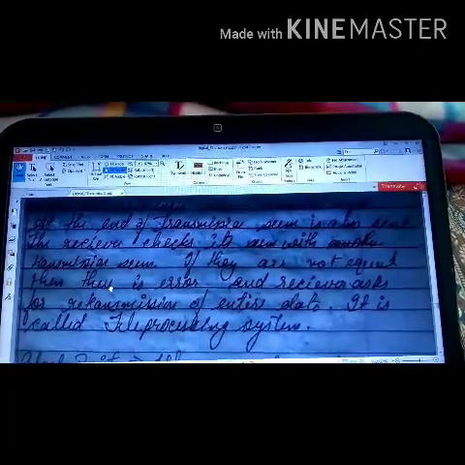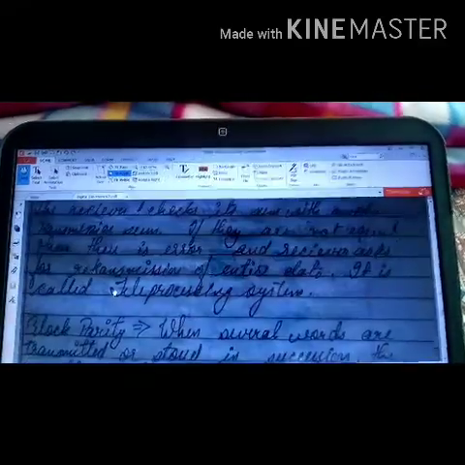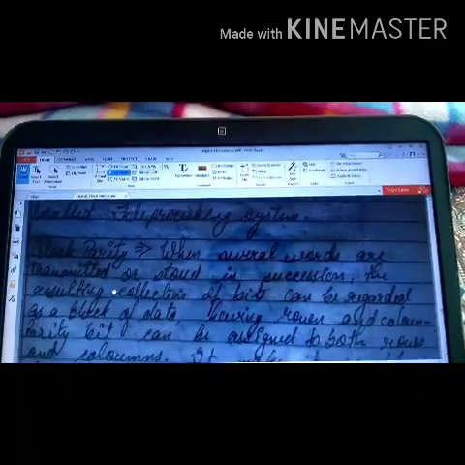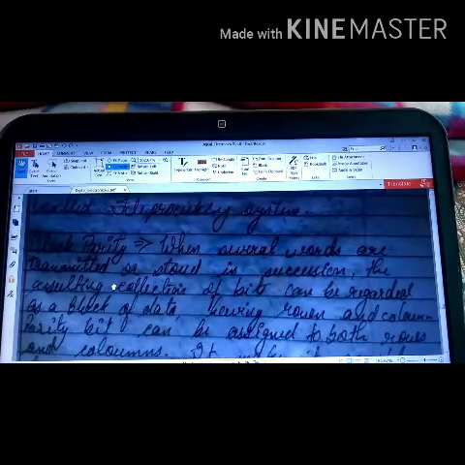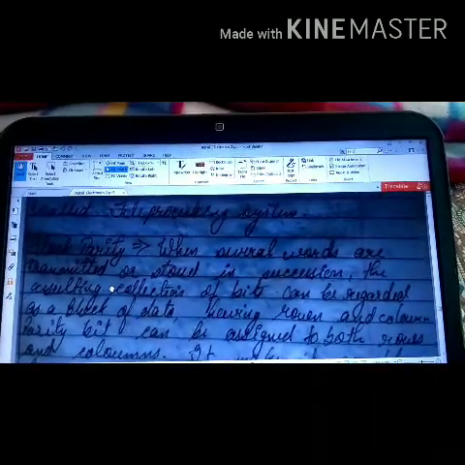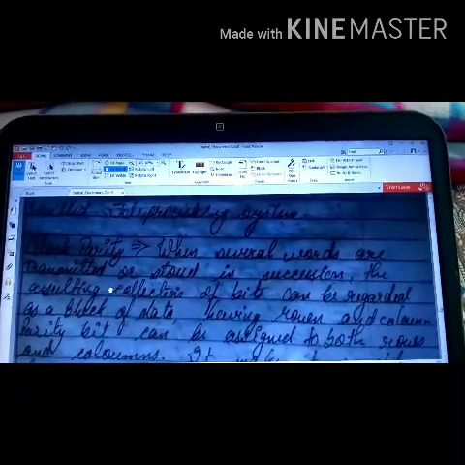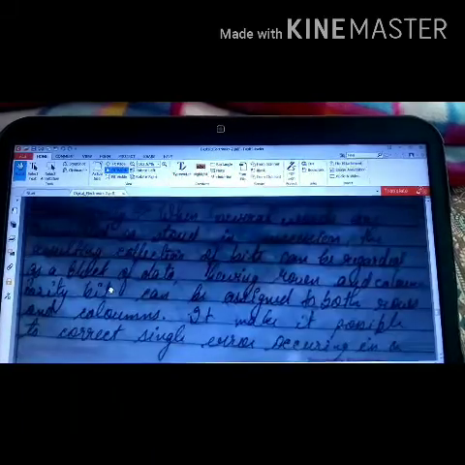Apart from this, block parity is also used very often. Block parity is when several words are transmitted or stored in succession, the resulting collection of bits can be regarded as a block of data having different rows and columns. So parity bit can be assigned to both rows and columns.